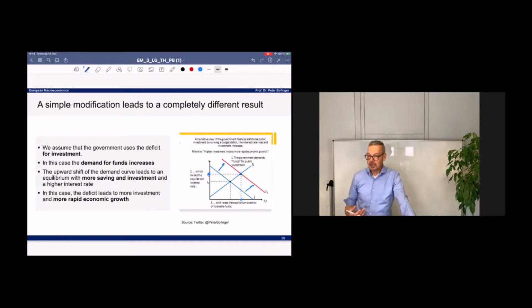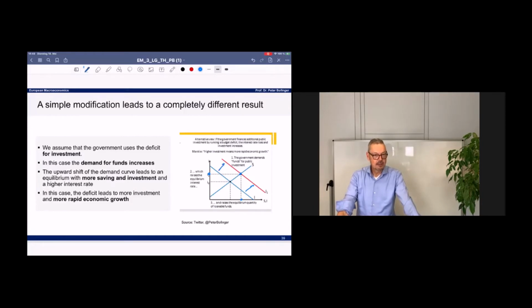And then suddenly you can see, yes, if the government wants to invest more, and if the government finances it on the capital market, yes, the interest rate goes up, but there will be an equilibrium with more investment. The logic is simple. If the interest rate goes up in the classical model, the households are willing to save more. They're willing to consume less in the current period, and this makes available the all-purpose good for the government and for government investment. So now you would have a completely different picture already within this model.